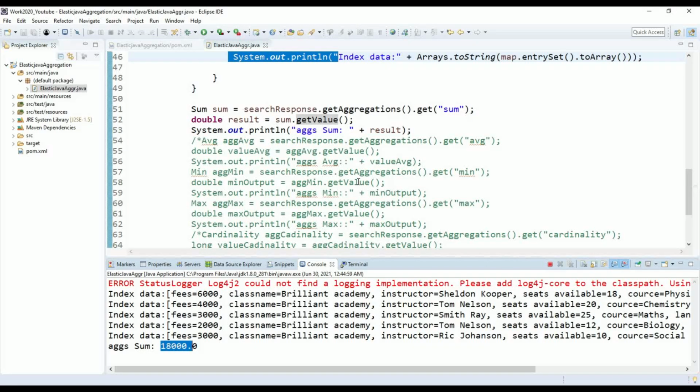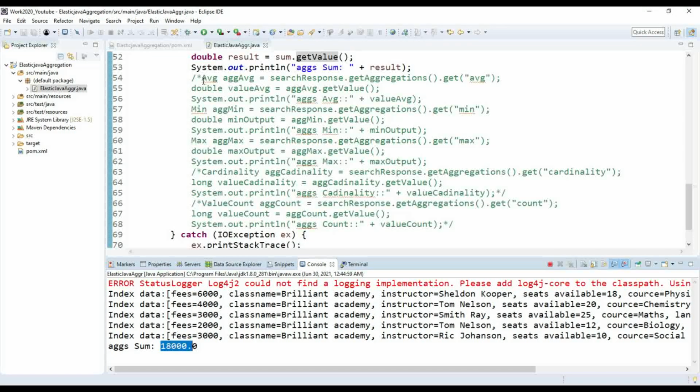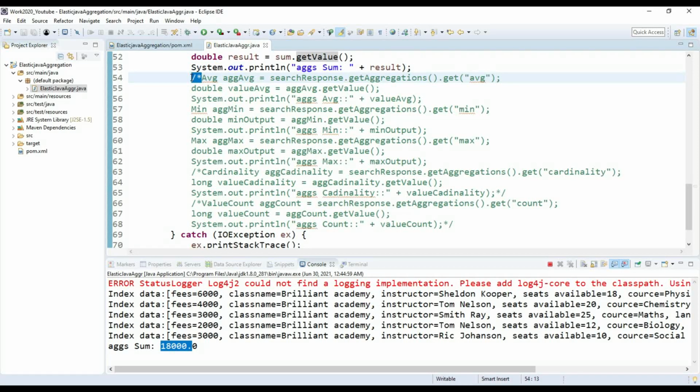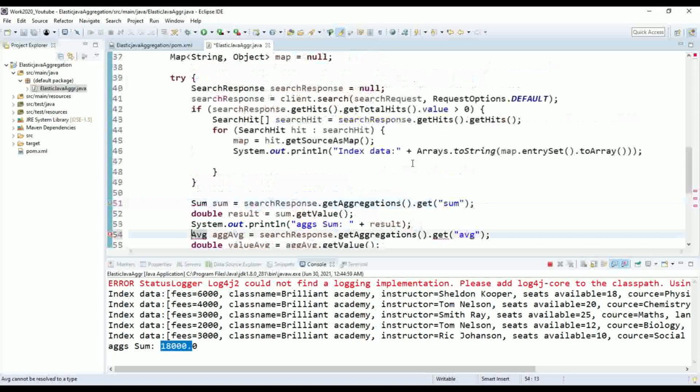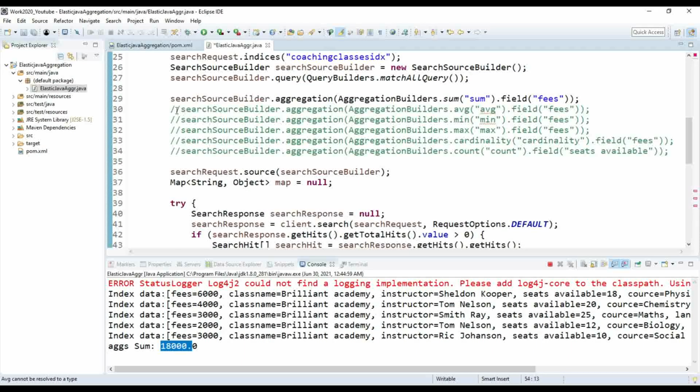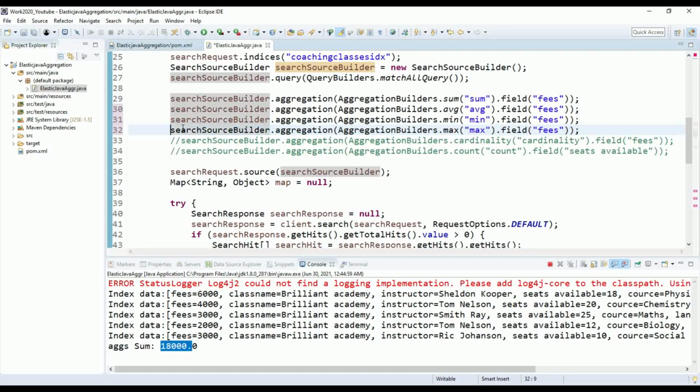Now we want to explore more, so for that we will take one more aggregation function, that is average, minimum, and maximum. We are going to see the average of fees, the minimum fees offered and for which course, and the maximum fees offered and for which course. It is simple. We just have to add the aggregation parameter to the search source builder.